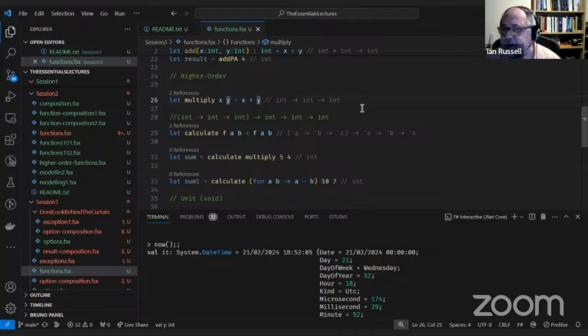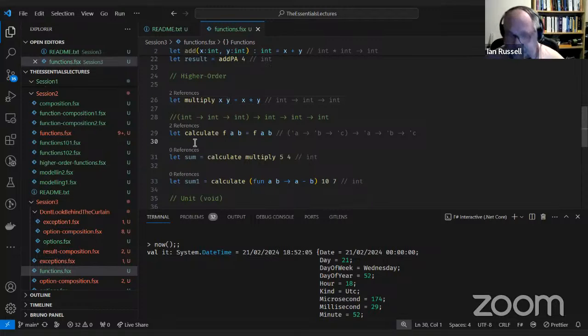So in this particular case, as long as you have a function that takes an A and a B and returns a C, so this could be int, string to decimal, then as long as you pass in an int and a string, you'll get a decimal out at the other end. So it doesn't rely on the types for anything. So when you see the little dash A or tick A, that means it's a generic parameter.